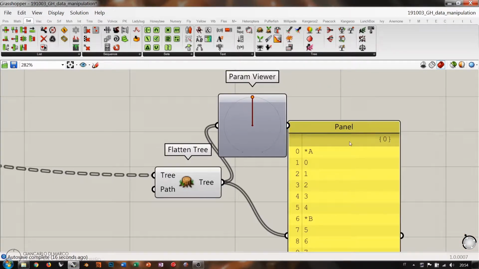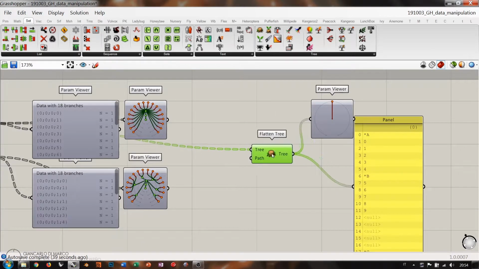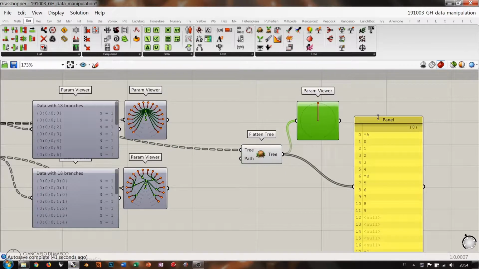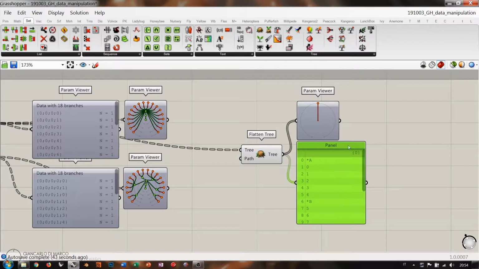This is the simplest data structure, a list of values. So here you can define the path of your list. I repeat, this is important because the path is important when you are blending or mixing data sets in Grasshopper. So it's important to have direct control over the path also when you have lists, not only when you have trees. Okay, so I will leave this like this,